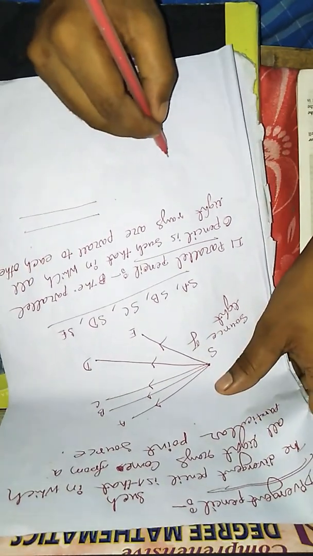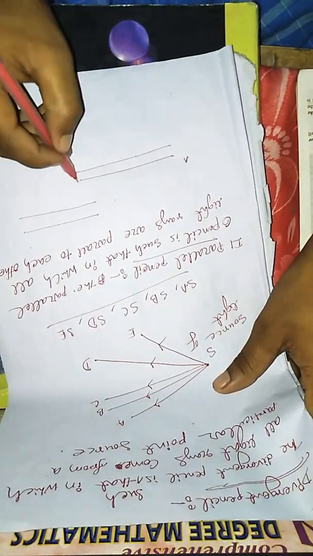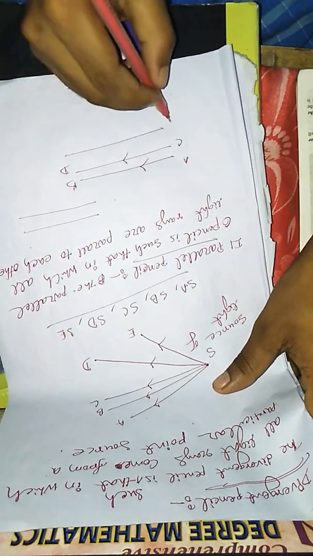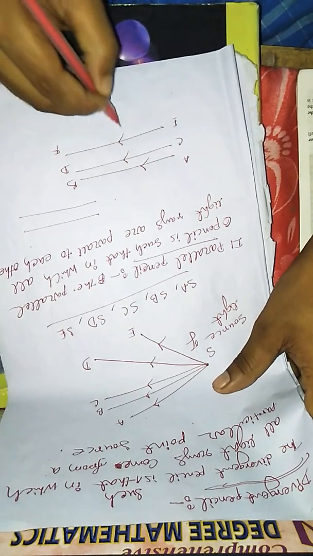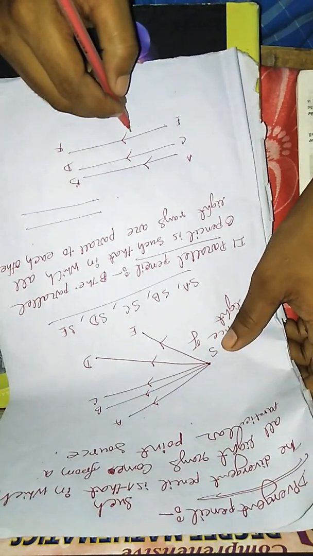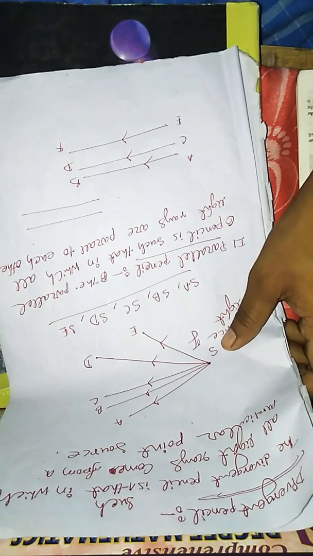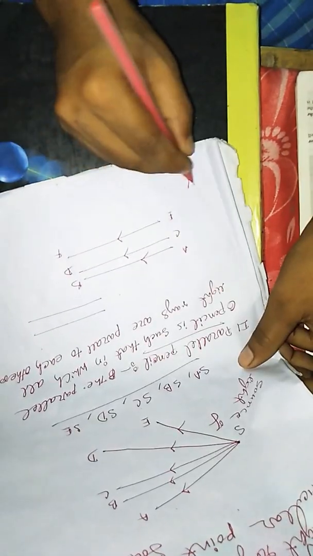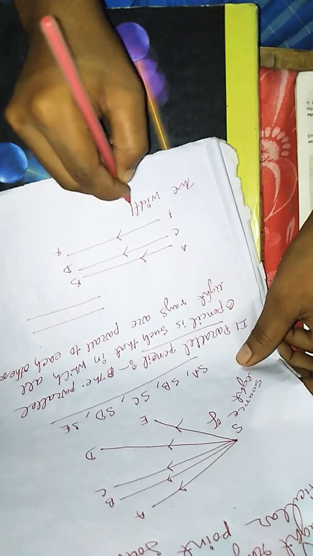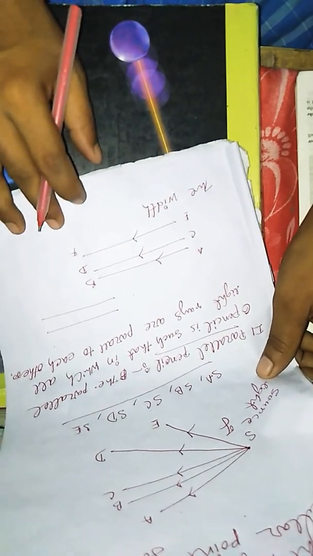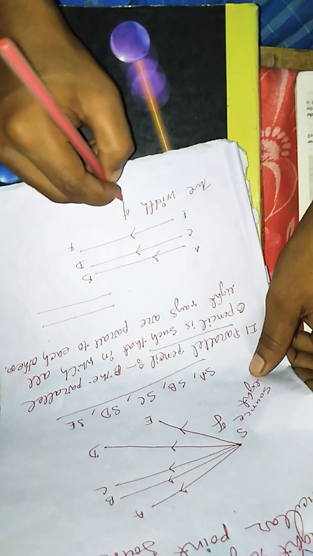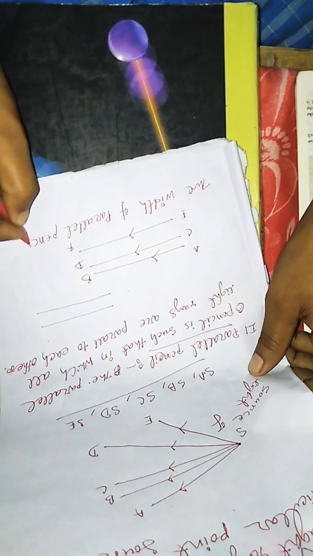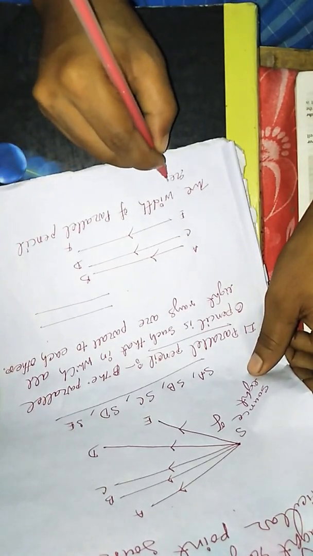So for this type of light rays, let us consider light rays A, B, C, D and E, F. These three light rays are parallel to each other and they don't meet at any point. Also you have to note a very important piece of information: the width of the parallel pencil remains constant.